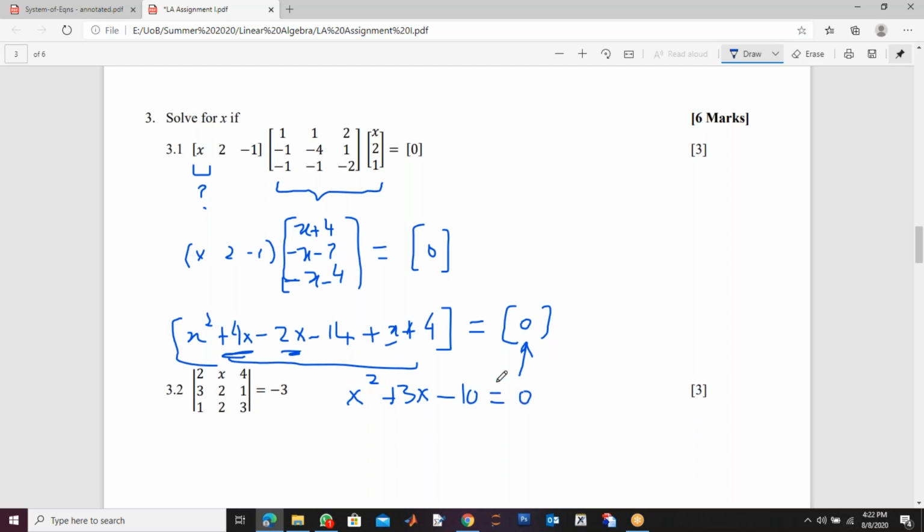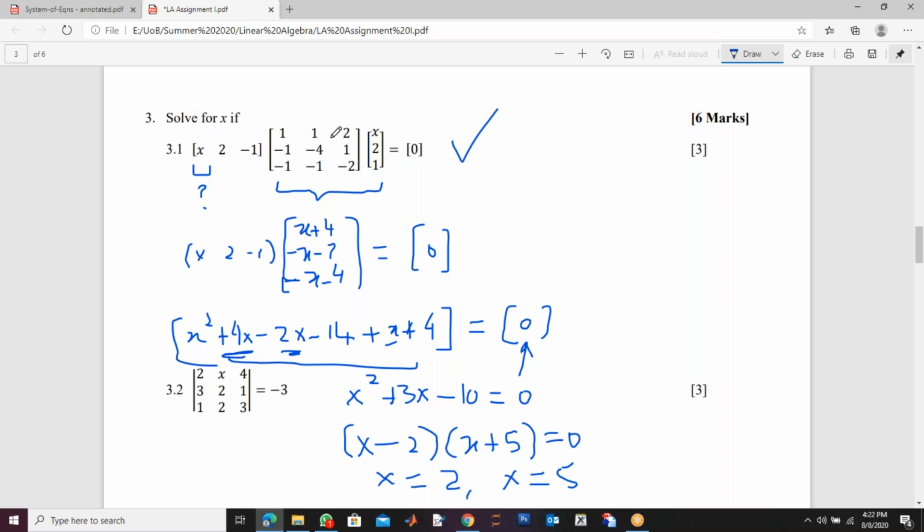So you got one algebraic equation, a quadratic equation. There are factors for that: x minus 2 and x plus 5. 5 twos are 10, minus 10, and if you add, you get plus 3. 5 minus 2 is plus 3. So now what is the value of x? From here x can be 2, and from here x can be minus 5. So these are the two values which will satisfy your given equation.